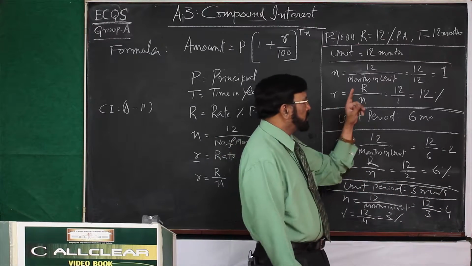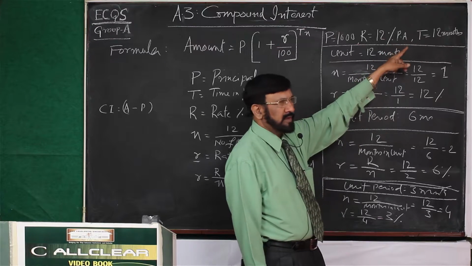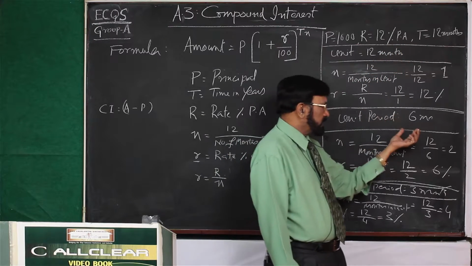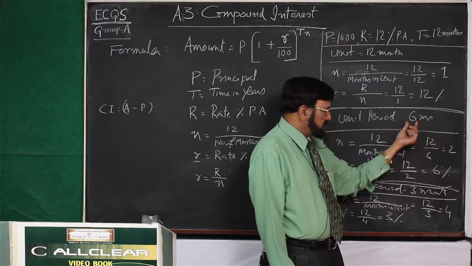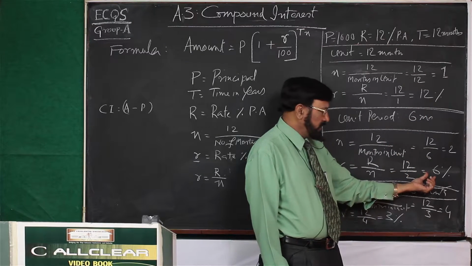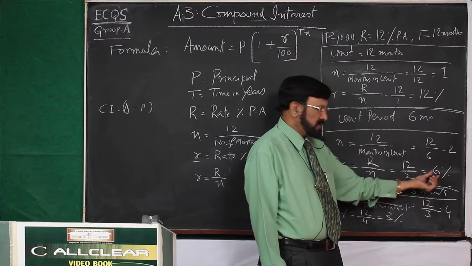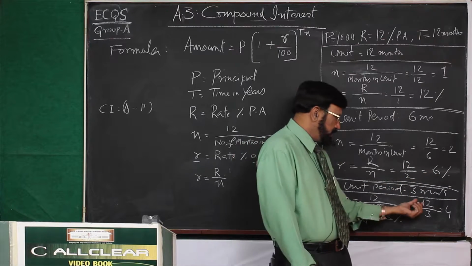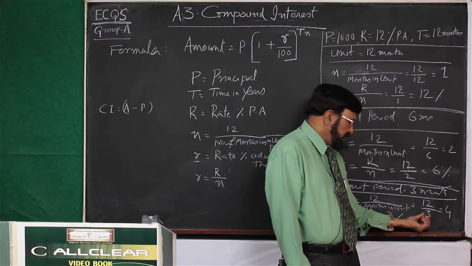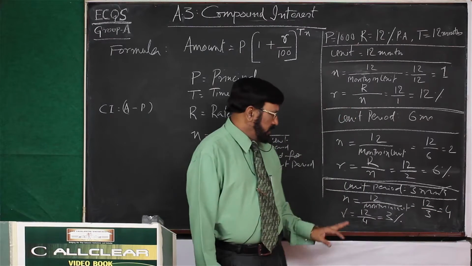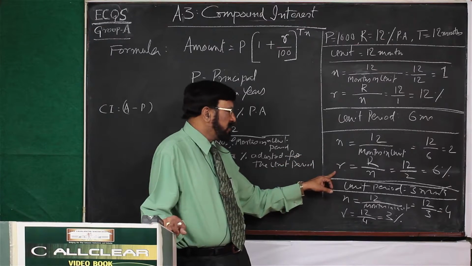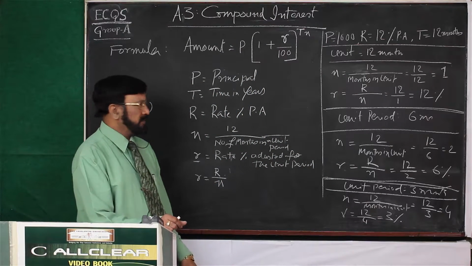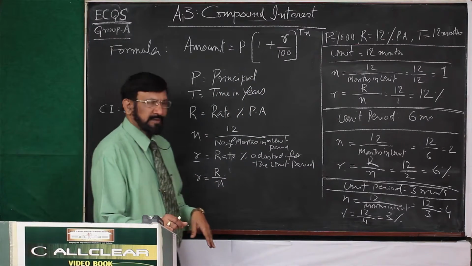And this one, R, is adjusted rate. Actually we have taken rate for 12 months. Now unit period is smaller. Unit period is 12 months, okay, 12%. Unit period is 6 months, it should be discounted, then 12 by 2, 6. Unit period is 3 months, it should be discounted, 12 by 3, 4. In this way, first you must understand the real meaning of N and R and simply substitute in that, and you can get the result.